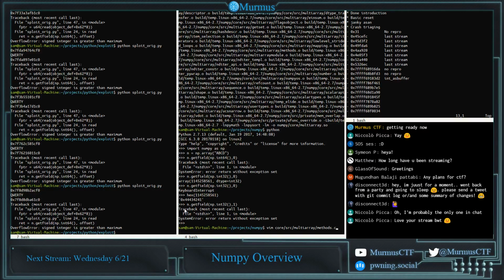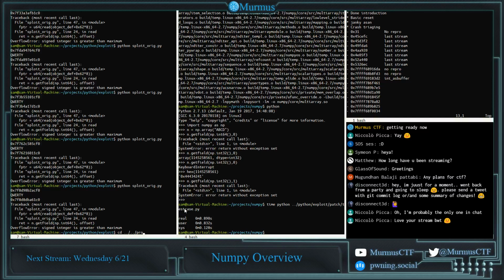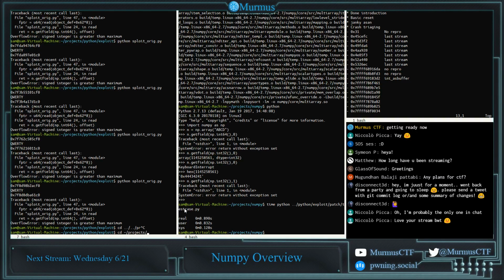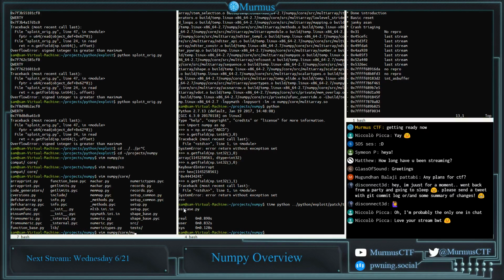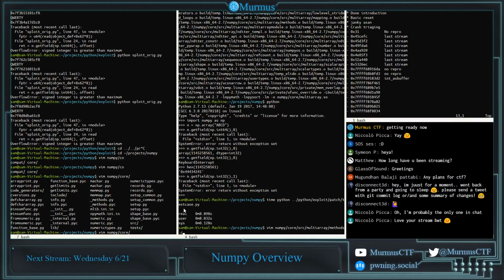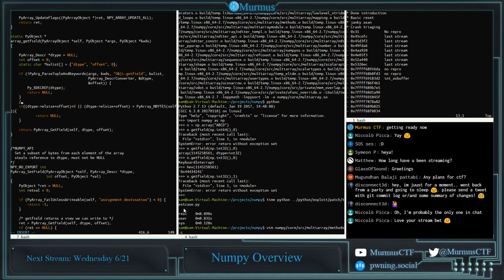And if we run this right here with our patch, we take cd python projects, cd projects numpy. So we have that time there. We're going to numpy core. Oops. What was this called? Source multiarray methods.c. And so when we comment out our patch,